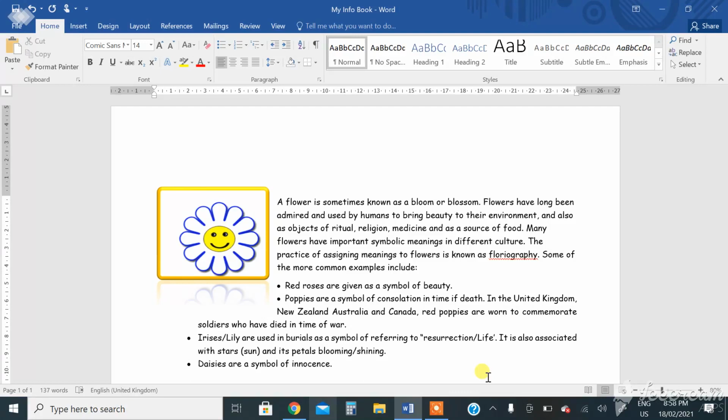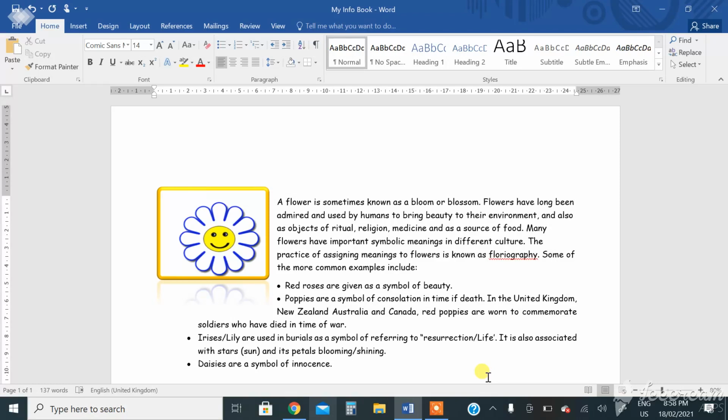Now we are going to start chapter number 7, lab work, part 1. Start Word application, open My Info Book document. Move the entire content of page 1 to page 2. Whatever is given on page 1 you have to shift to page 2. So here is a hint how you can do this step.